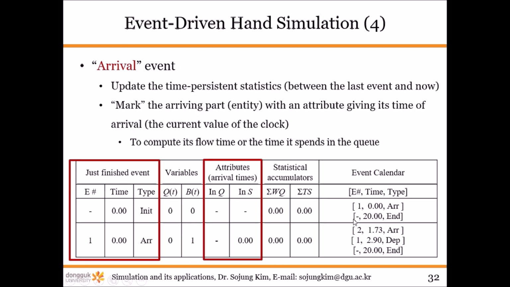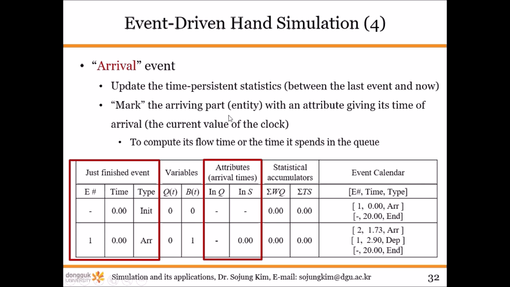And also we have another event. The event calendar has a next event, which is associated with the second part. So the second part, number 2, will enter the system at 1.73. So we will have an updated sample path in future. Anyway, when we have our arrival event, it updates the time persistent statistic